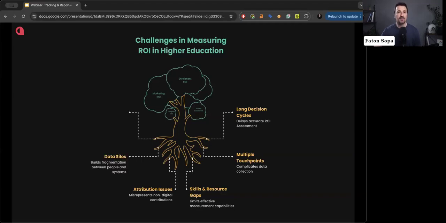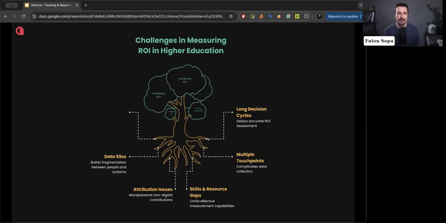Another challenge is data silos, and this is one of the biggest problems that I've seen in higher ed marketing when it comes to measuring ROI. It usually happens between systems and people, usually in the marketing and admission departments.